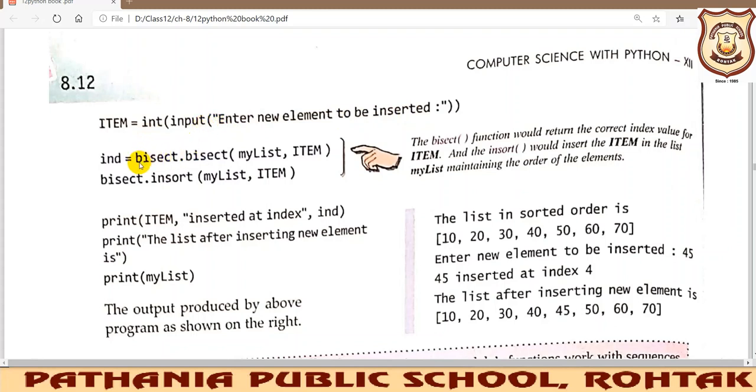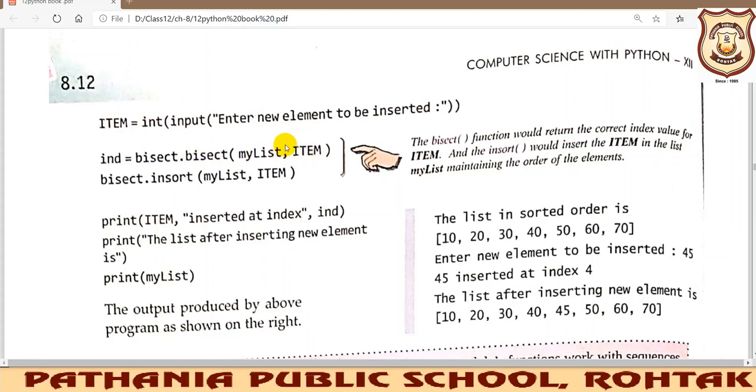Okay, so we are using this bisect module and there is the bisect function. What this bisect function will do is return the correct index value for the item. It will perform the search where it could be inserted. So it will give you the index position where that item has to be inserted based on the comparison it will do.